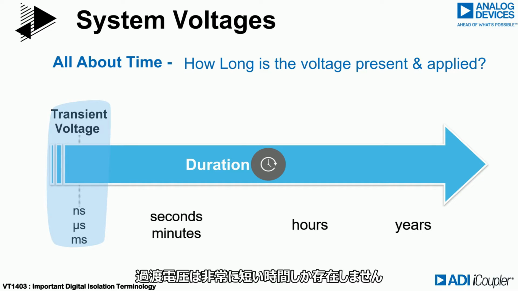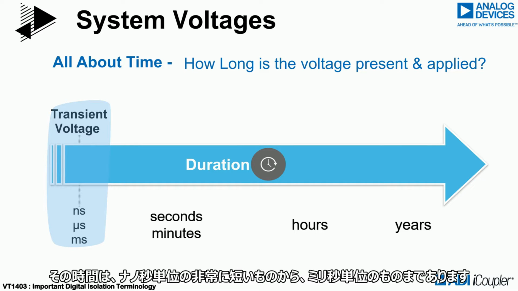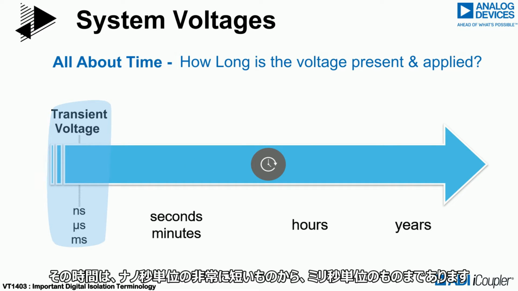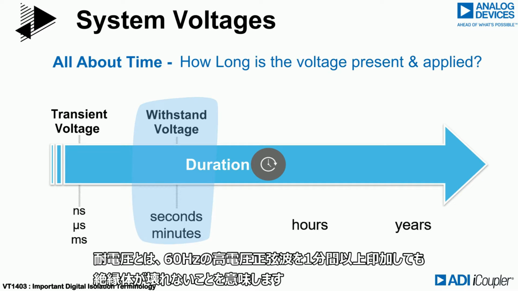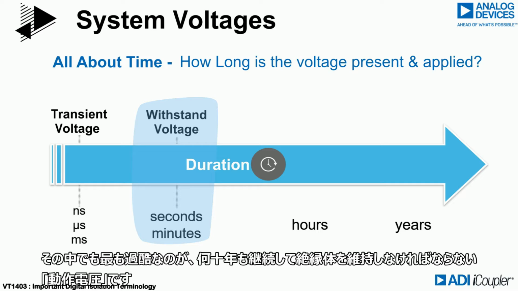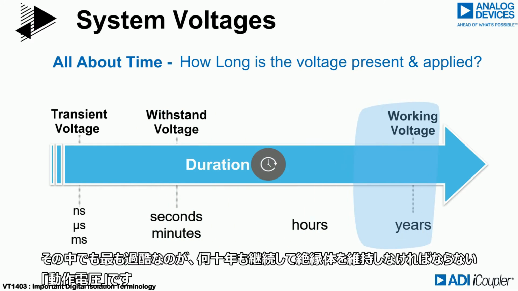Transient voltages exist for very short periods of time. They can be very brief, in the nanosecond range, or up to milliseconds in duration. The withstand voltage rating defines the ability of the insulation to survive at least 1 minute with a 60 Hz high-voltage sinusoid. At the extreme end of the timescale is the working voltage, in which the insulation must survive continuously